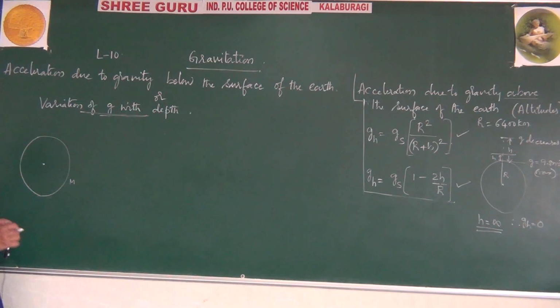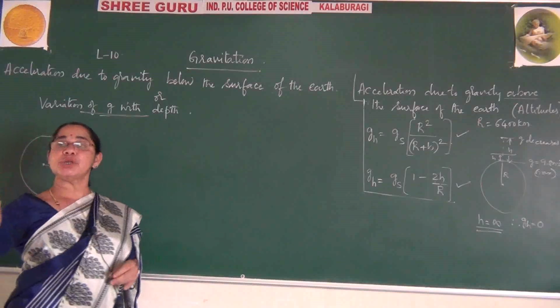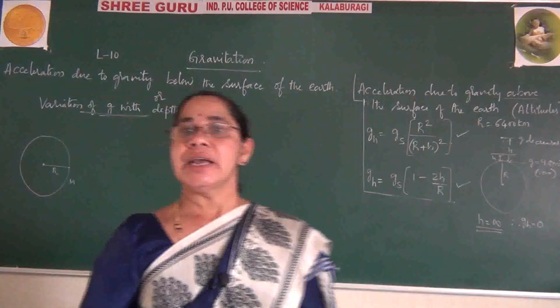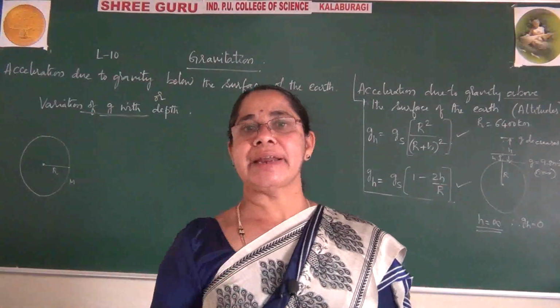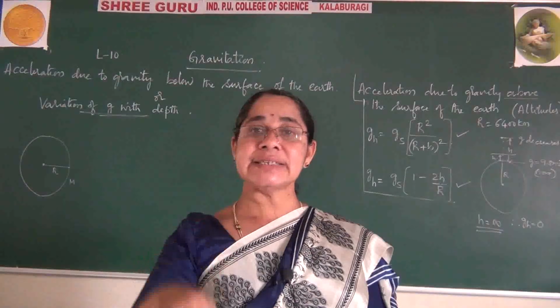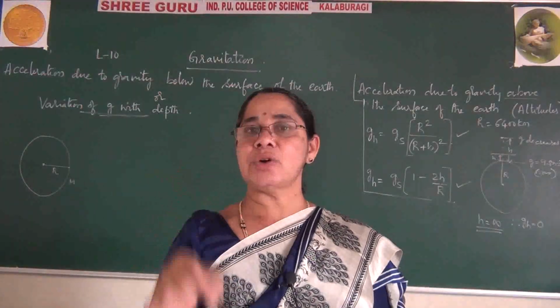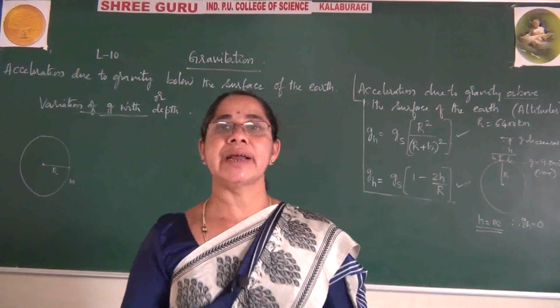What is the mass? Mass of this is m. What is the radius? From here to here is nothing but called the radius, and radius remains the same at all points if you use a sphere. At all directions radius remains the same. Now you know this is the surface, but remember from the surface you are putting an object into the earth. That means the object will go deep inside the earth. A very good example I can give is deep inside the mines. So you can say the object is going deep inside the mines, nothing but it is going under depth.